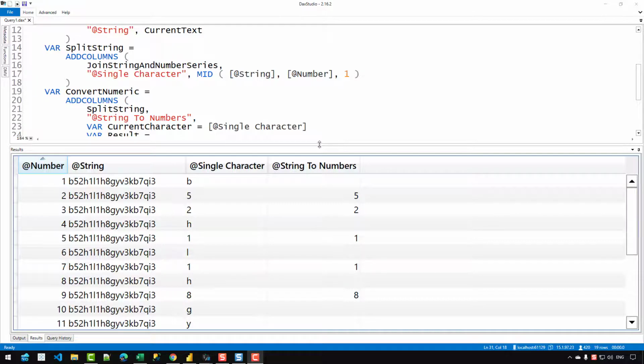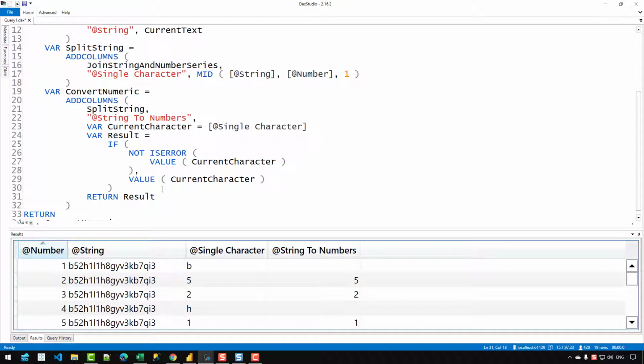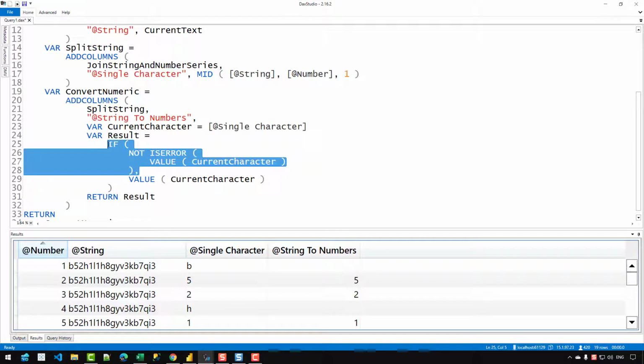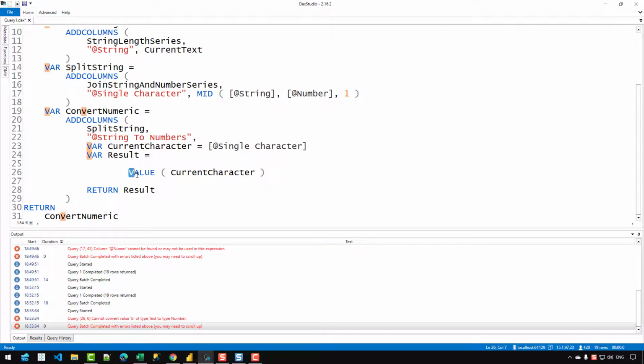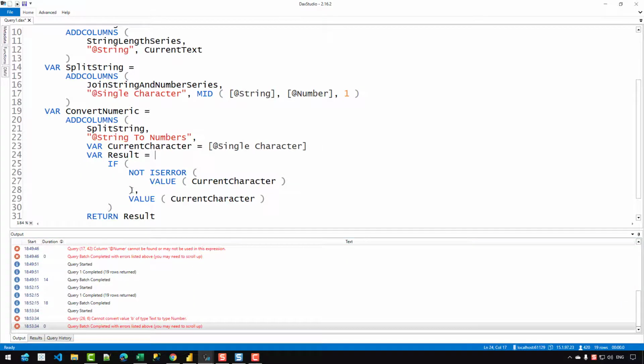And let's minimize that so that I can tell you why I have used the isError function. So let's say I remove the if part of this code, and let's remove this bracket as well. And if I press F5, I get an error because we are actually trying to convert a text data type into a number. So let's say A, B, C. These values cannot be converted into a number, so that is not possible. That's why we are getting an error. So therefore, I have used an error checking mechanism so that in case that is not an error, just convert that value to a number data type.